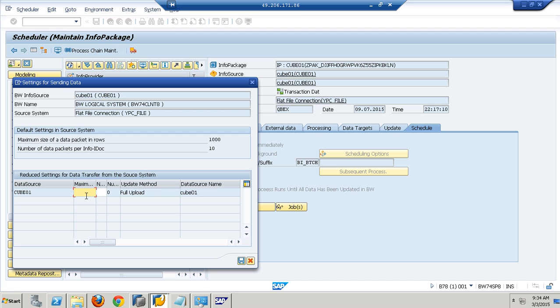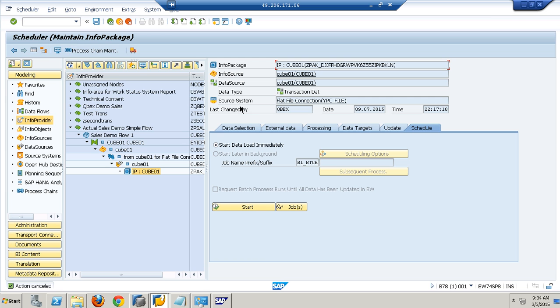So here I can specify the maximum number of records per packet. But the logic is, whatever you specify here is the size of the packet per data source. If you want to set up the size for all the data sources of a particular source system connection, that's a different case. Whatever setting is made here, it's the packet size for this data source. So whenever you're processing data through this data source, that is the packet size used. If for any data source of the connection, YPC file, I would like to have a different size, then